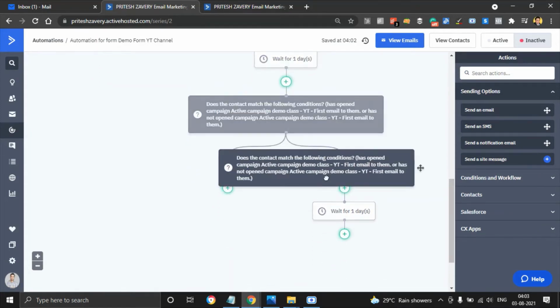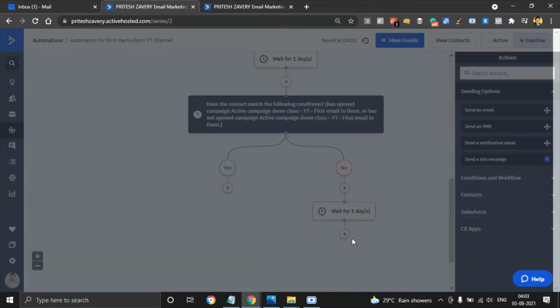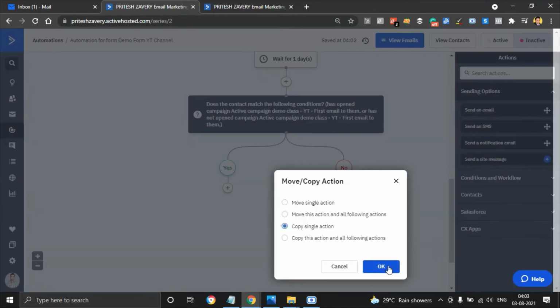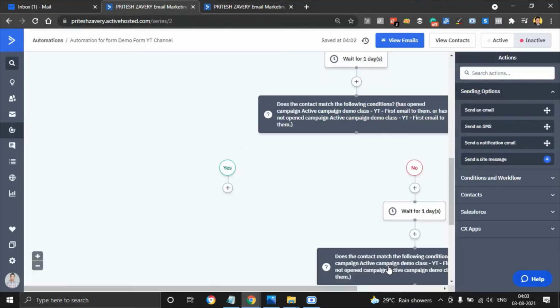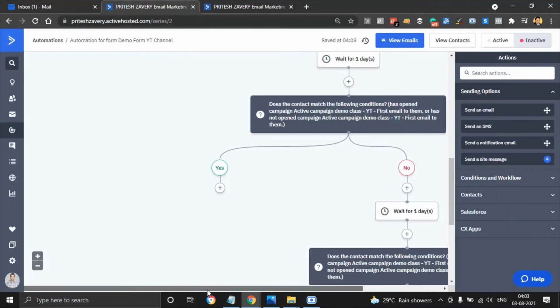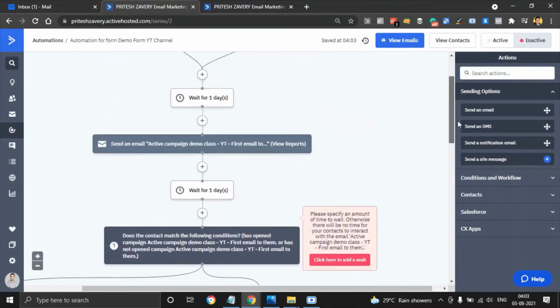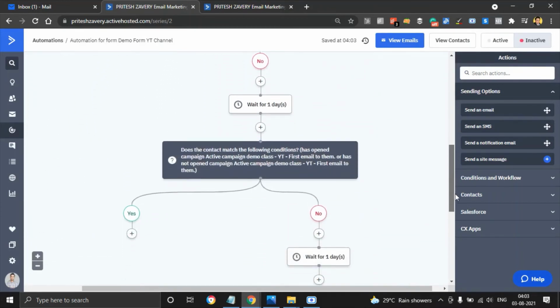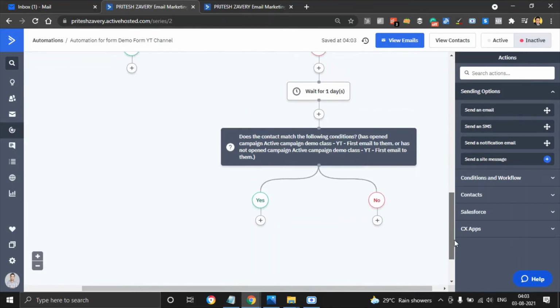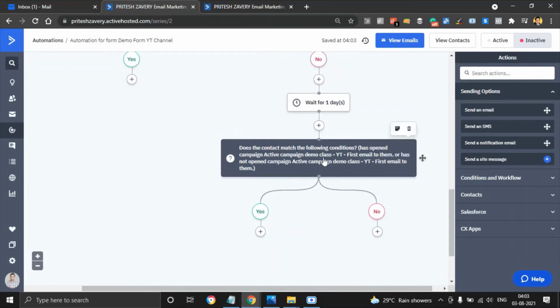And I will say copy and drag and drop one more time. That means I'm sending 3 emails or 3 reminders to these people, in terms of, hey, why don't you have a look at my emails? So you see all of these actions are available here to me, which I can take. So I have waited for 3 days and I've sent them 3 different reminders.